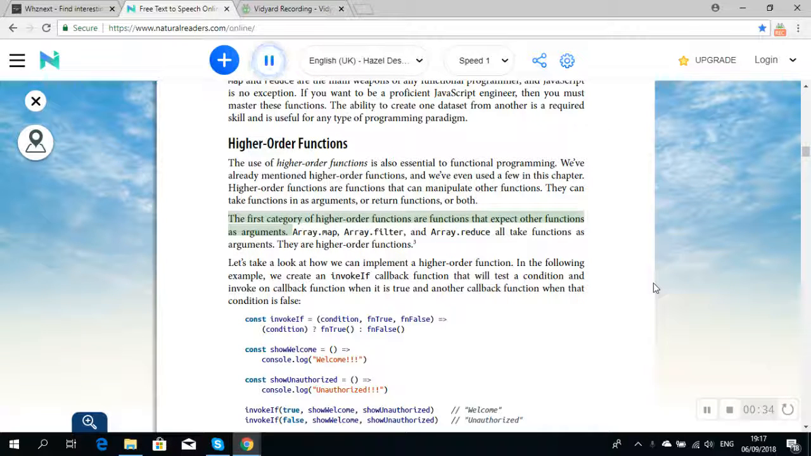The first category of higher-order functions are functions that expect other functions as arguments. Array.map, array.filter, and array.reduce all take functions as arguments. They are higher-order functions. Let's take a look at how we can implement a higher-order function. In the following example,